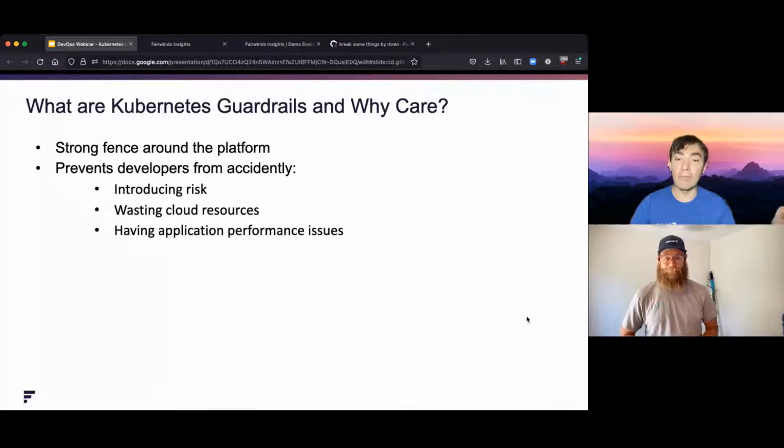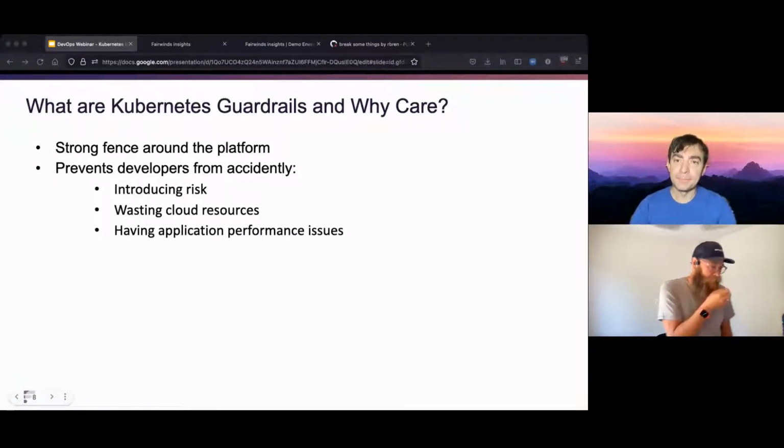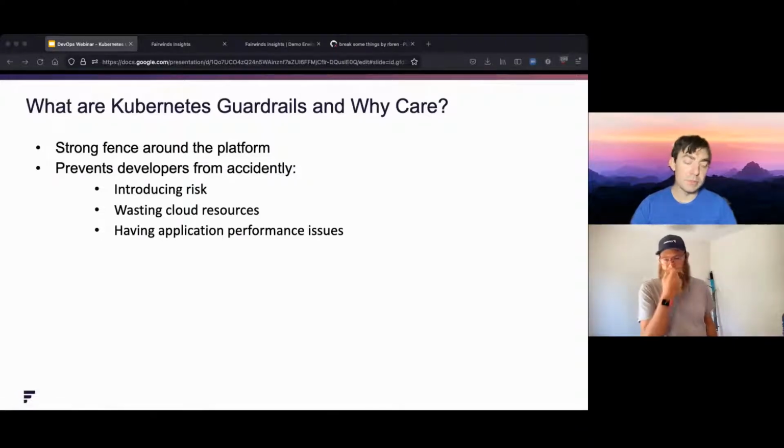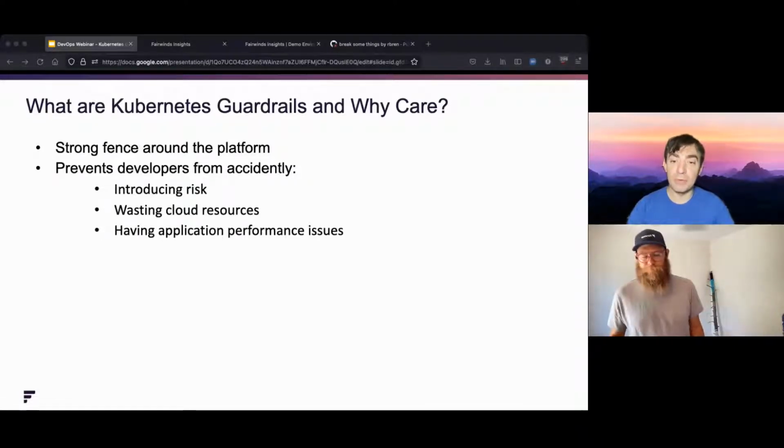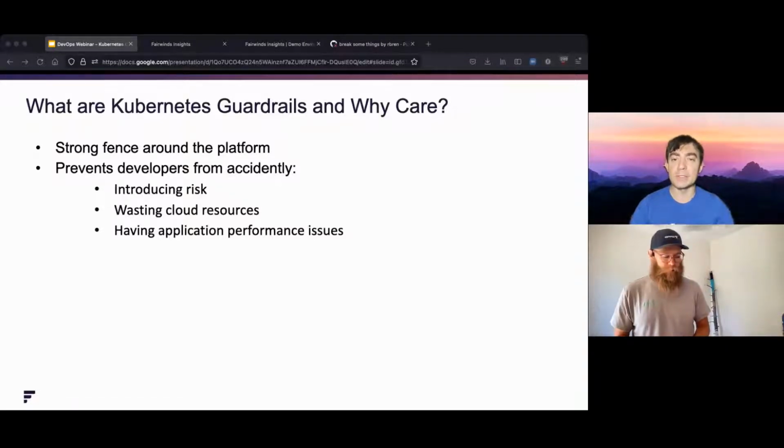And so at a very high level, that could be just role-based access control that says, okay, development teams can't delete anything out of the kube-system namespace, which is going to completely blow up the cluster. They can only interact with things inside of their application namespace. But you can also get a lot more fine-grained with it, saying, I don't want my application team to deploy things as root. I don't want them to do any other thing that might tip over the cluster or tip over their application. We want to make sure that all our development teams are adhering to best practices, adhering to our company's standards,